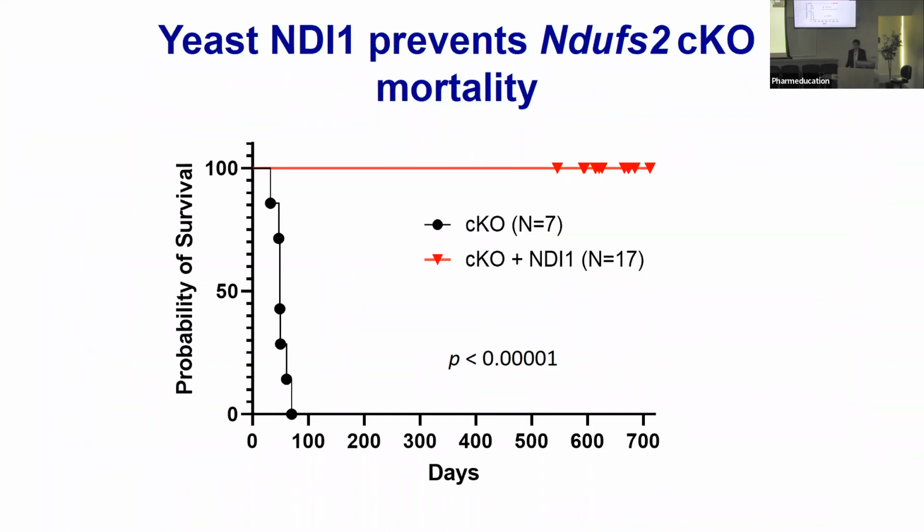Complete rescue, right? So on one hand, you can say maybe expected, right? Because you're fixing the metabolic defects of mitochondrial complex 1. And on the other hand, I think it's pretty cool. You can take 45 subunits and you can rescue it with 1. It makes you wonder why we need the 45 subunits. And I'll get to that later, right? Why don't we just have this yeast version sitting around in us? Why this complicated two-genome system? But at least in this particular cell type in utero, putting the yeast